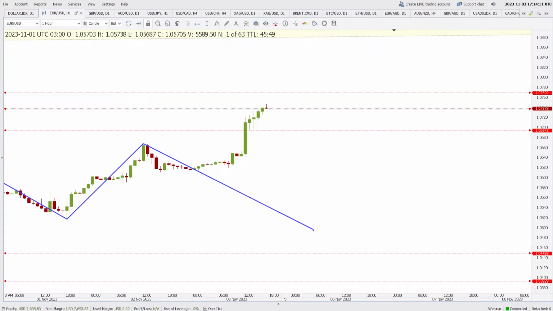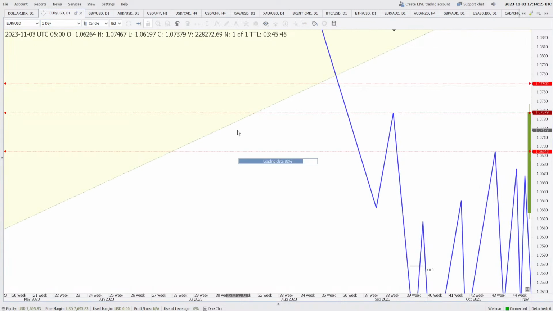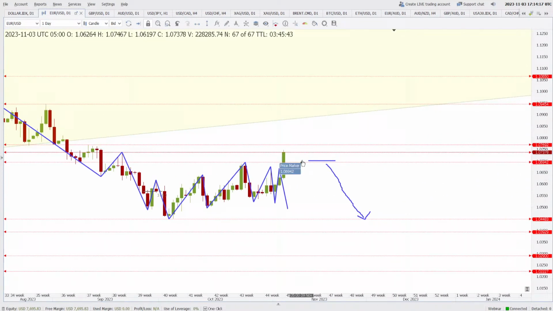All right. So that's all for the euro dollar. But if you ask me the support and resistance levels that are of interest, then this resistance will be 1.0769, or it is already at the resistance 1.0736, and the support is possible around 1.0694.